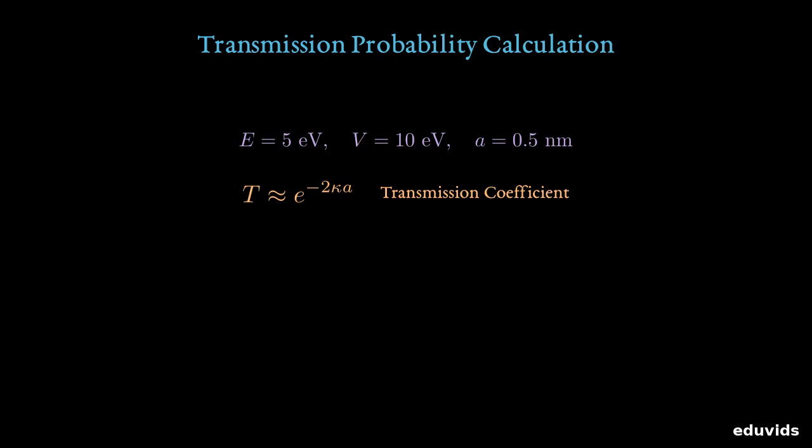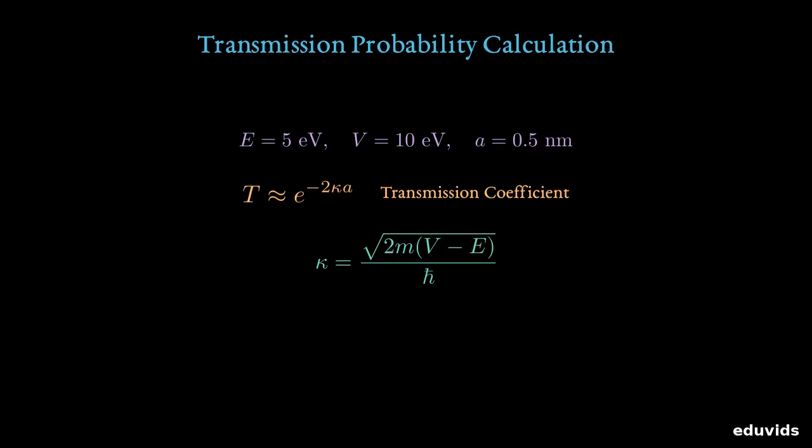We write this probability as T approximately equals e raised to the power of -2 times kappa times a. Here, a represents the width of the barrier, which is 0.5 nanometers. The symbol kappa represents the decay constant, which measures how fast the wave fades inside the barrier. Kappa is calculated as the square root of 2 times m times the quantity V minus E, all divided by